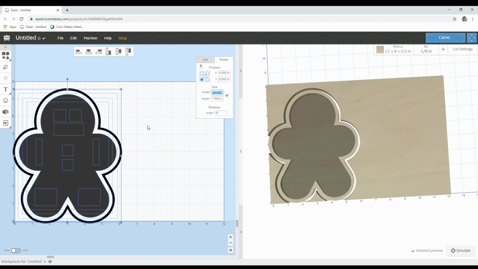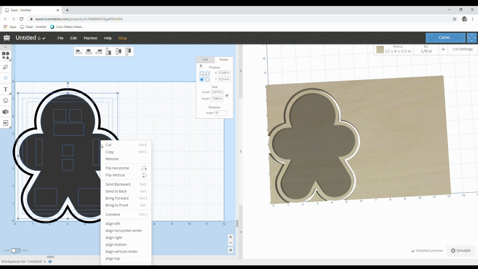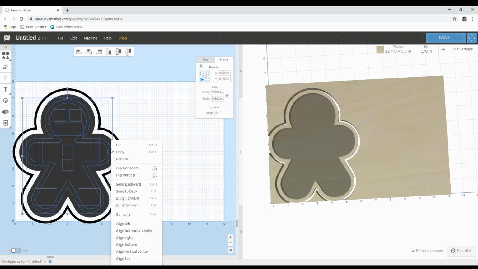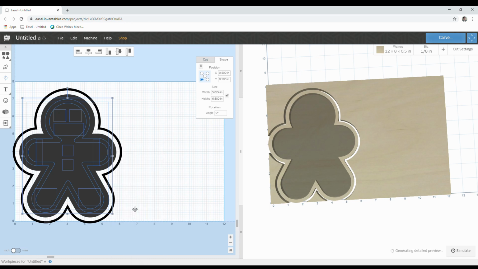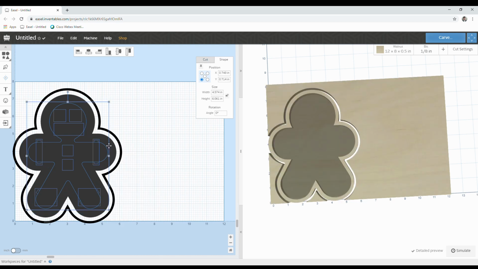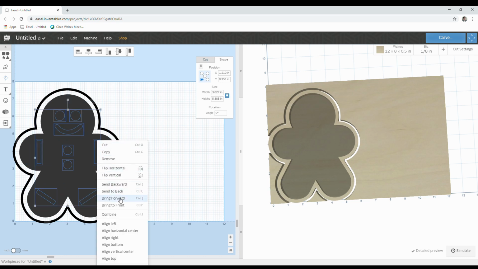So we deselect the outermost layer, which in this case is the walls that we just built. Then we right click, bring to front. And we keep doing this until we get all the way through the layers. Deselect the outermost, right click, bring to front. Deselect the outermost, right click, bring to front. And once we've done that on our final layer,